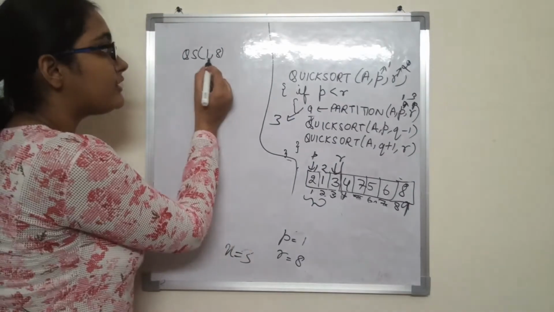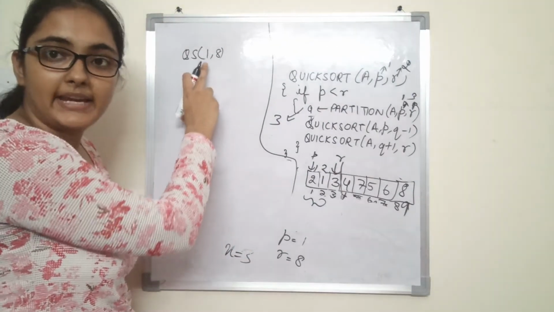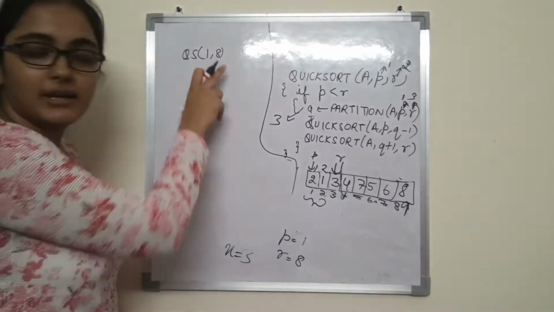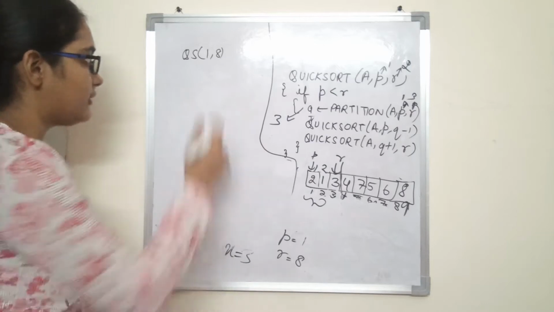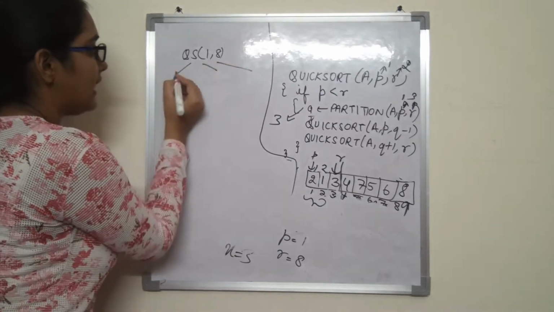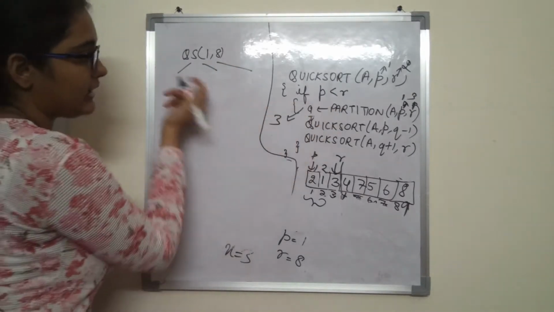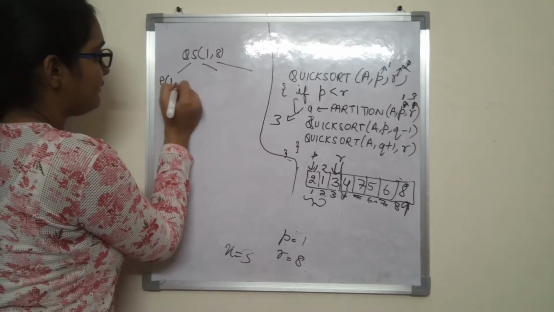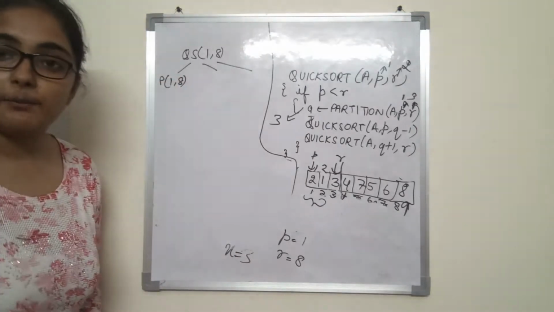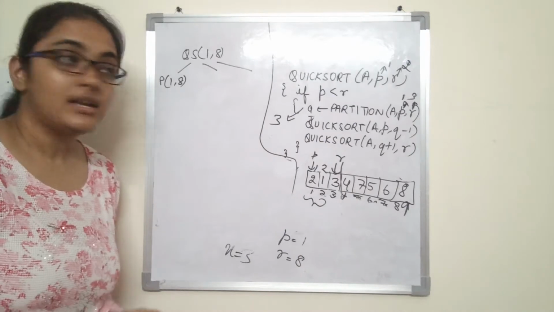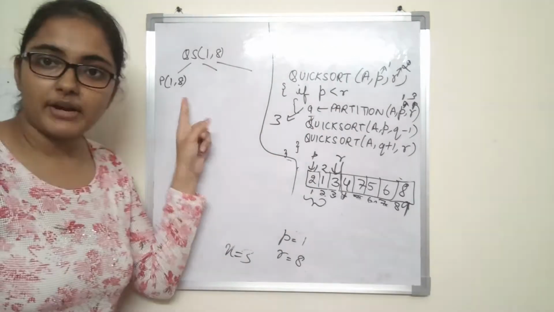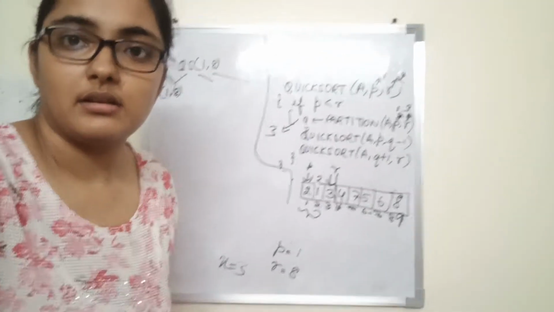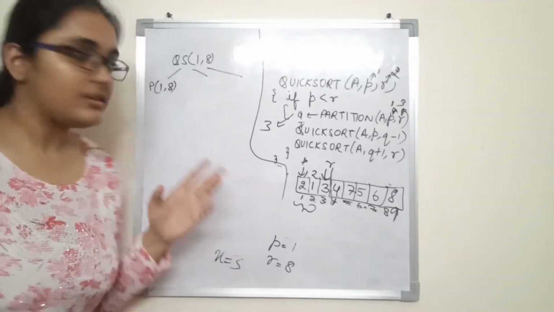So quicksort was first called on array A from 1 to 8. I am skipping the array because it might become bigger and bigger otherwise. So I am just leaving that out. Other than that, what was it calling? It was calling partition on array 1 to 8, right? So what did it return? What did calling partition on array from 1 to 8 return? It returned 4, right?